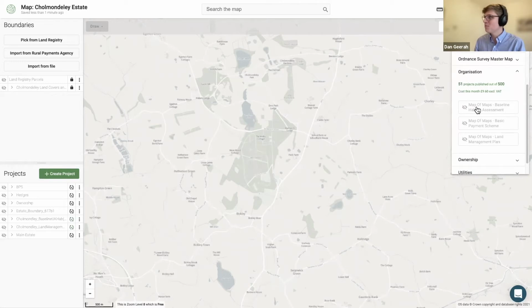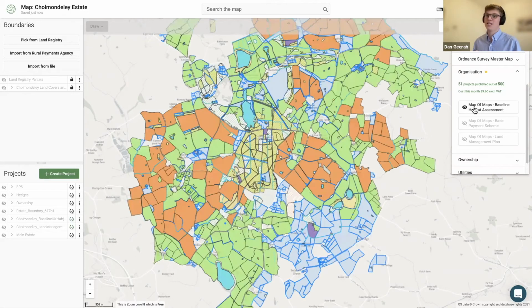So you can see within my project, and I'll come on to the costings a bit later on, that at the moment within my organization, the landapp.com organization, we've got 51 projects. So that's 51 projects published. That's 51 projects within my organization, or projects that are shared with me, and I'll come on to that as well, that have got this green arrow ticked. At midnight last night, everything that was baseline habitat assessment that was ticked has now been aggregated into a single